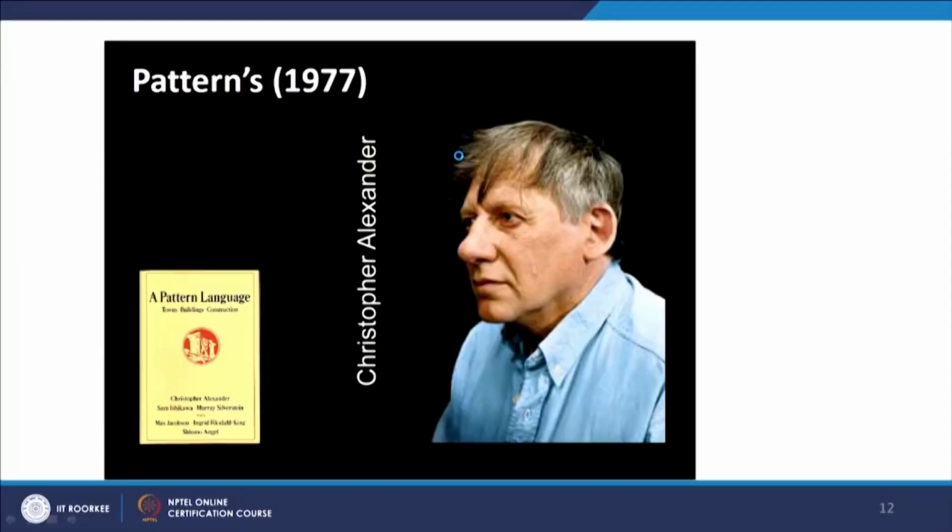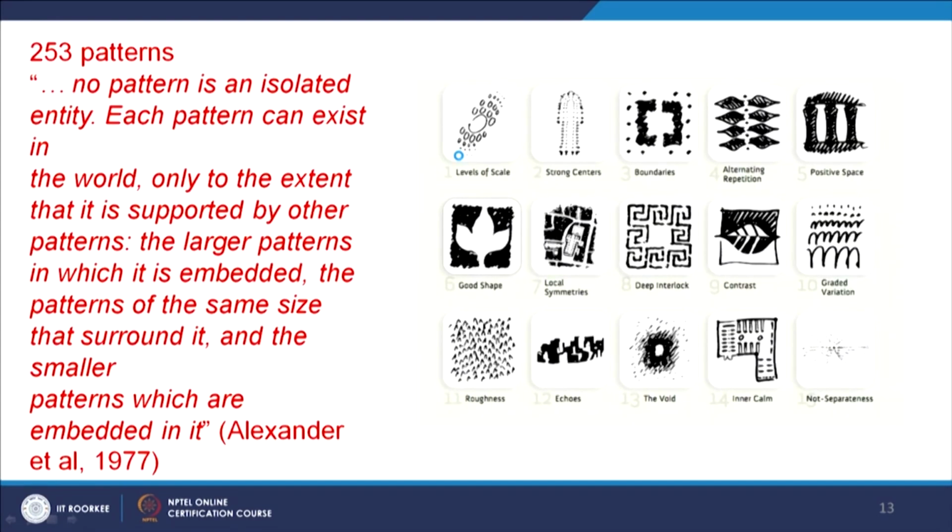So events, it also talks about what time of this place is all about. And further down, we take it to Christopher Alexander's work, where he talks about pattern language. If you look at Christopher Alexander's work, he actually develops 253 patterns, and how these alignments within the city have to be followed in terms